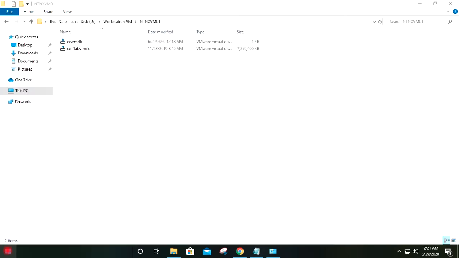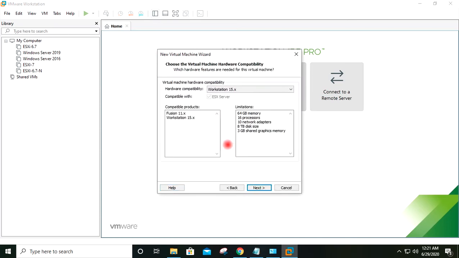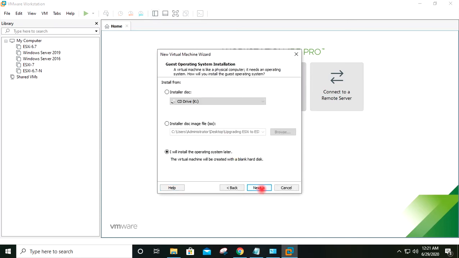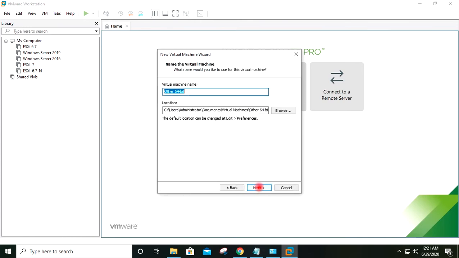Now I will start my VMware Workstation. This is my VMware Workstation 15.5 Pro. I will click on create new virtual machine. Next, I will install the operating system later. Next, other 64-bit. Next,